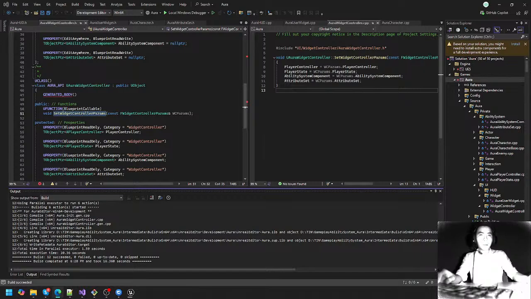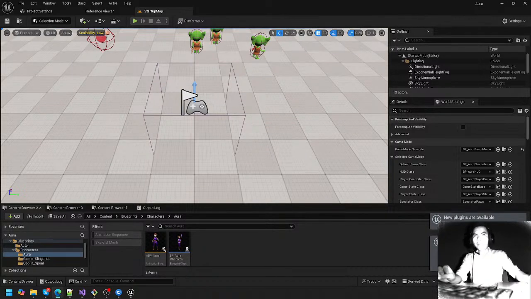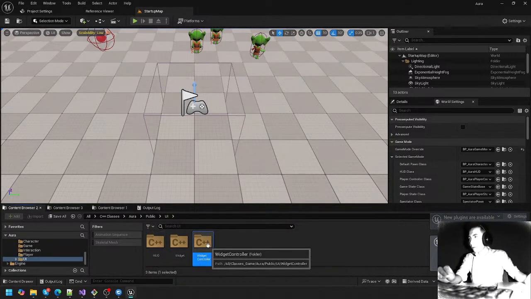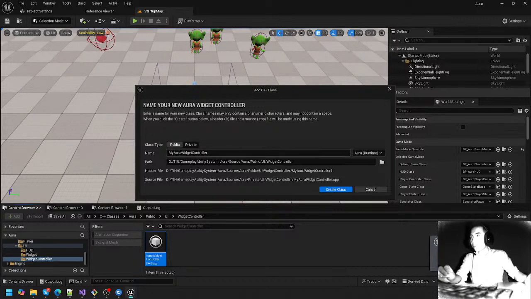So I'm going to right-click, create a C++ class, and I can let this live in the widget controller folder, and this is going to be called OverlayWidgetController. So we'll go ahead and create this class